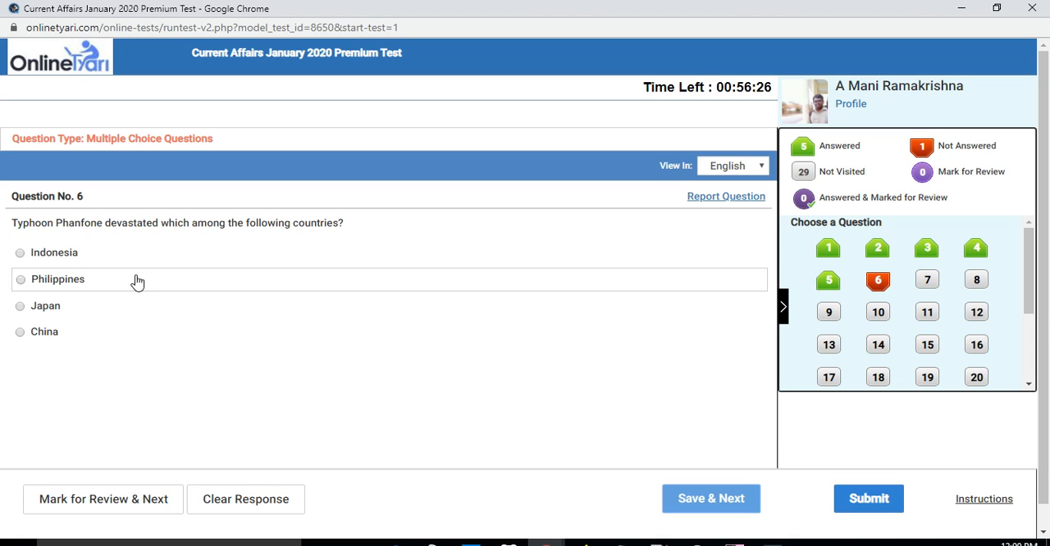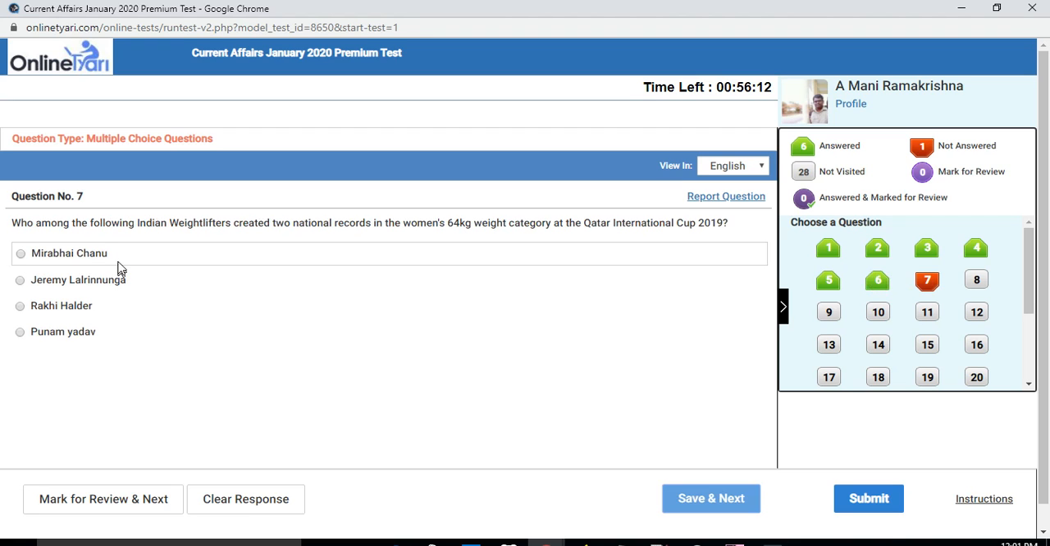Typhoon Fainan would arrest among the following countries. I don't know the right answer, so I am randomly putting that. Based upon my language or knowledge, sorry about that. So here, which among the